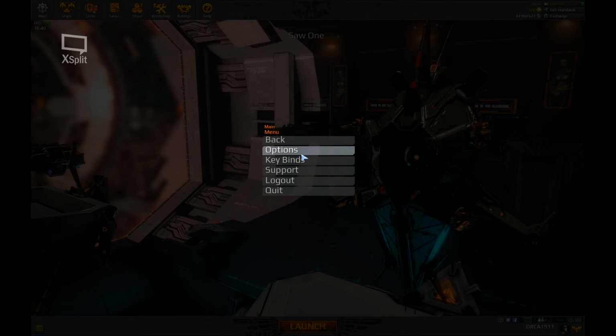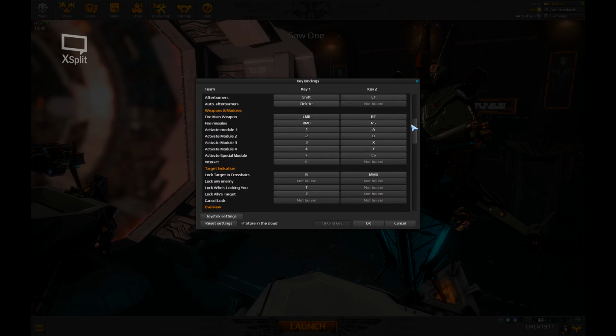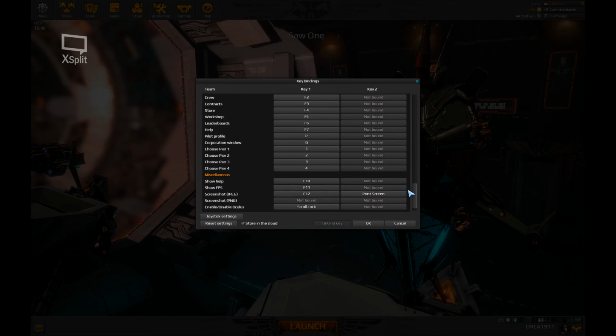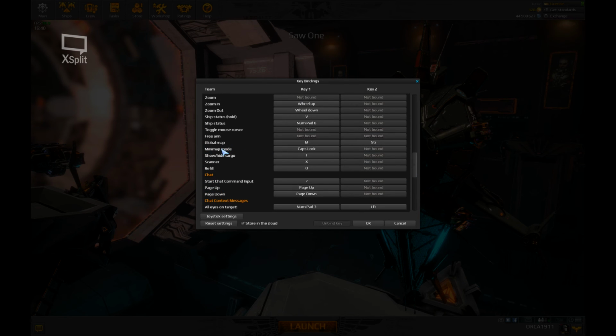So let's go back to the keybinds. Before we go actually to keybinds, you have the support shortcut and the standard logout and quit options in the main menu. So let's go to keybinds. Here you can set up numerous keys on your specific stuff, whatever you need. Some options are not bound to any key, so you have to do it manually, like let's say minimap mode. It switches from 2D to 3D, and I have it set up on caps lock. It wasn't set up on any key, so I can switch between two-dimensional and three-dimensional minimap,